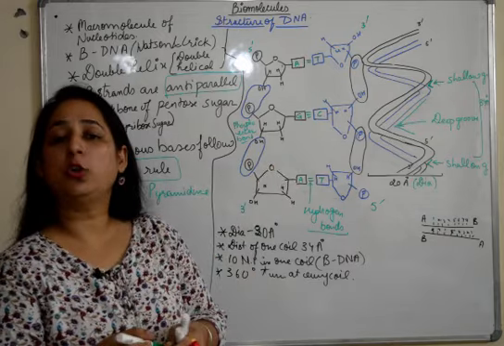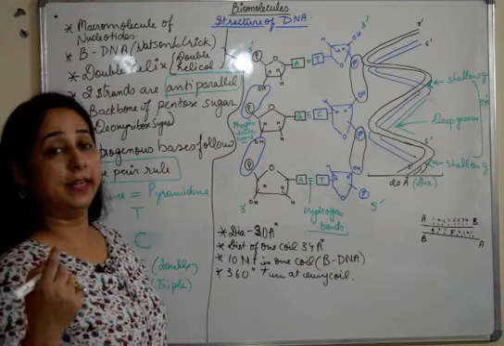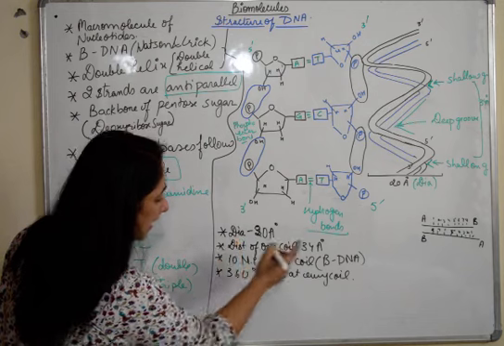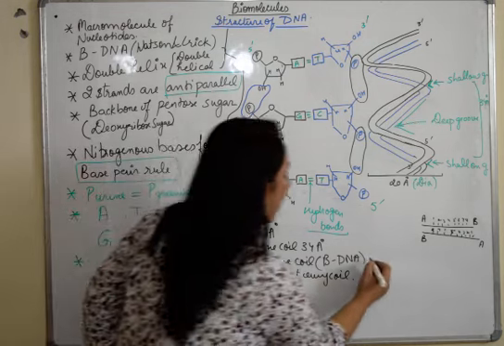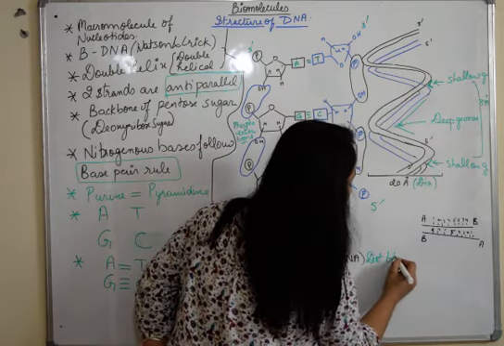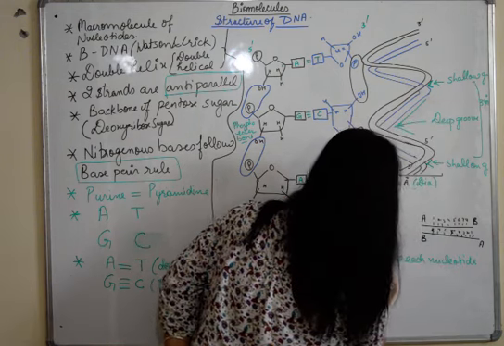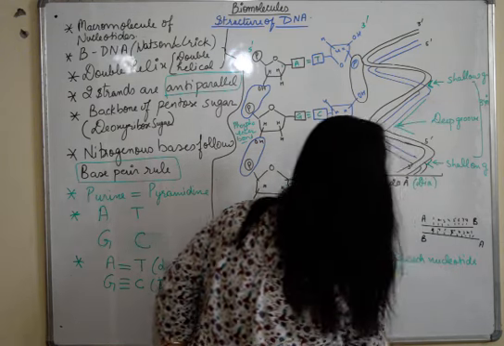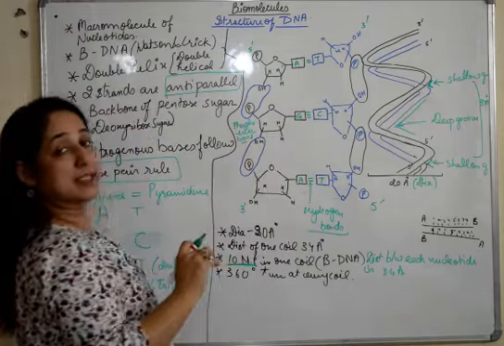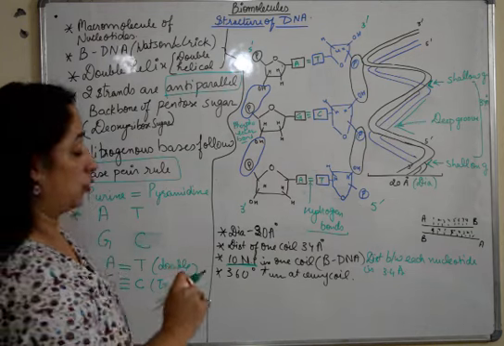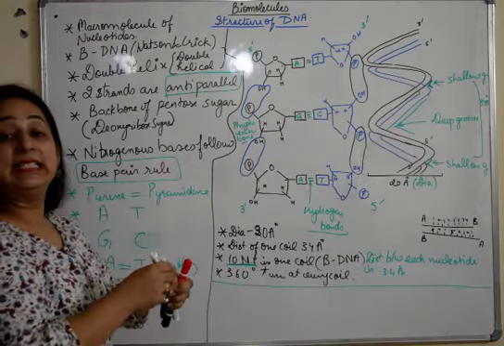There is a very, very small topic here, that is the different types of DNA. What are the different types of DNA? I have one more point here. There are 10 nucleotides present here, and the distance between each nucleotide is 3.4 angstroms. Fine, 3.4 between two, meaning the distance between these two nucleotides is 3.4 angstroms. Next is a very small topic that says the types of DNA.